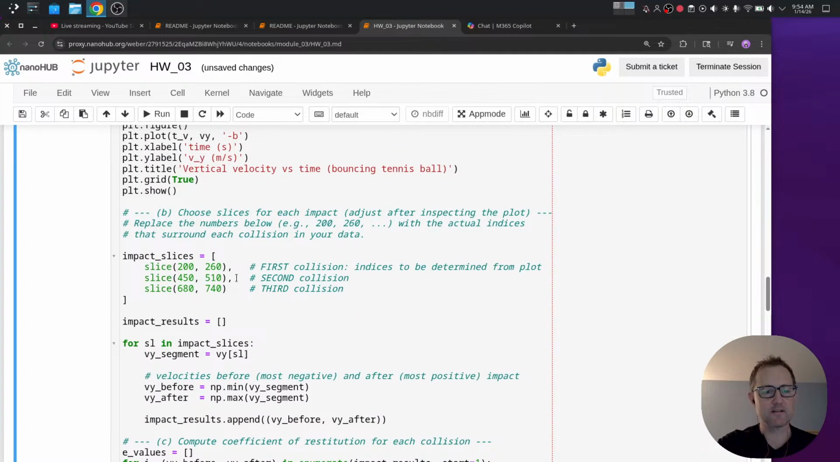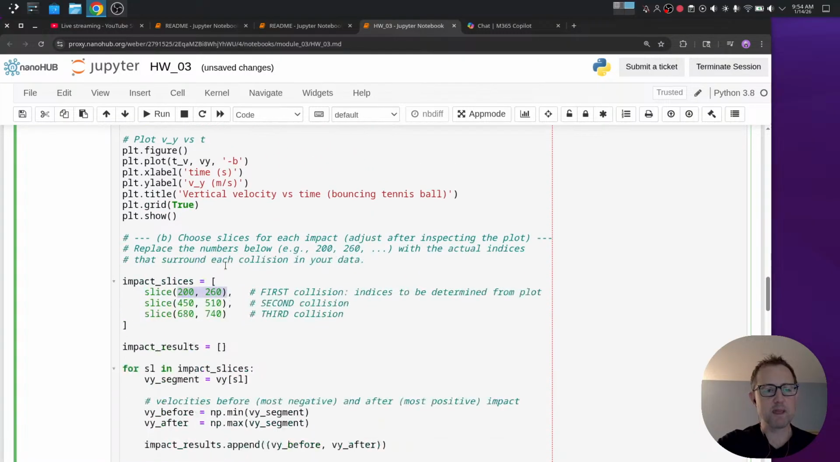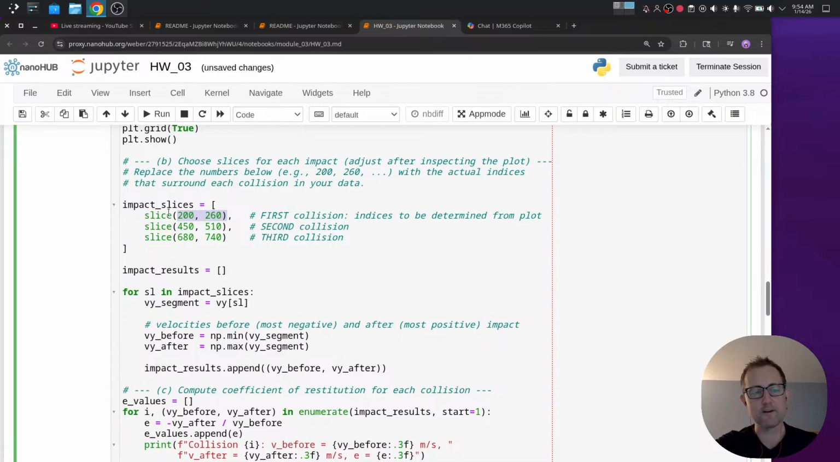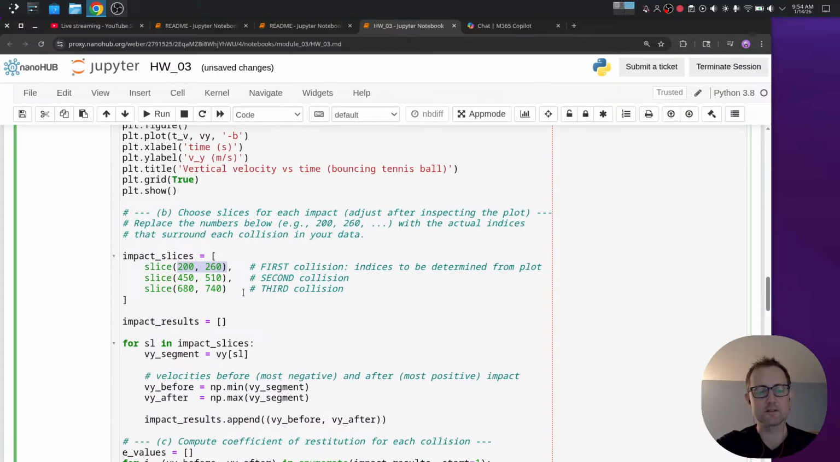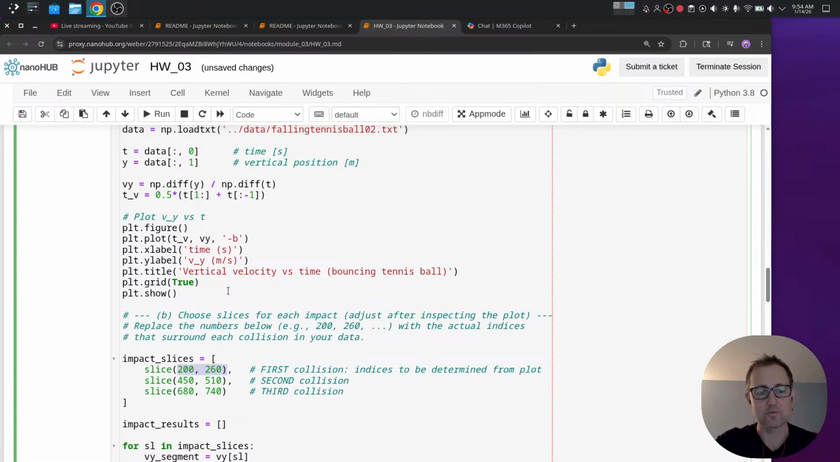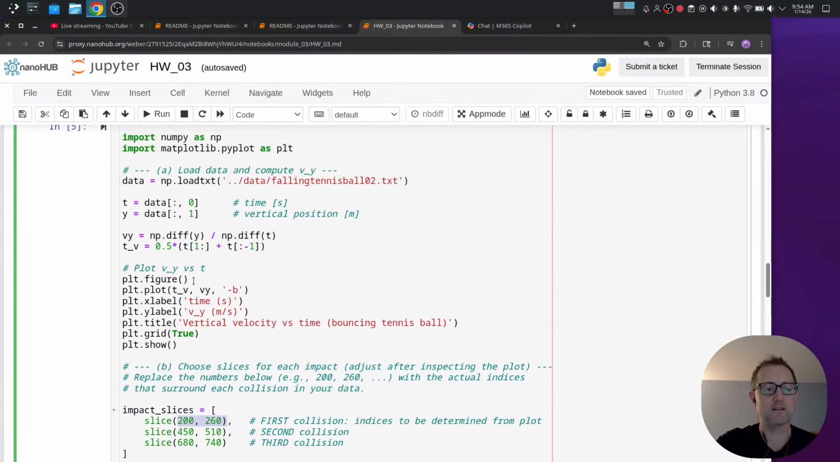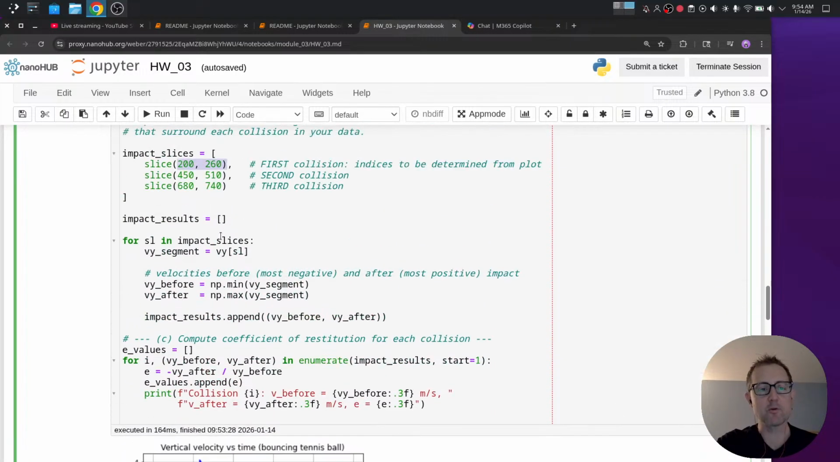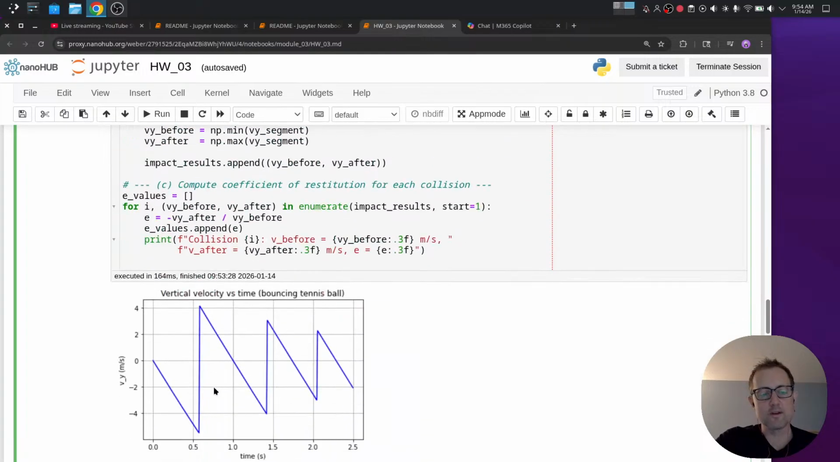Let's see. So this is the main part of these slices. If I thought that this method is the best method, I don't think it is, but it should work. We can shoehorn it and get it to work. If I'm going to use indices like this, then there's no reason to use time on this